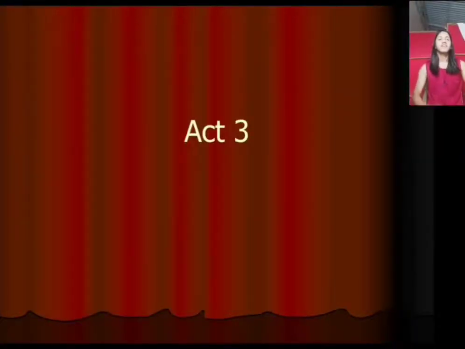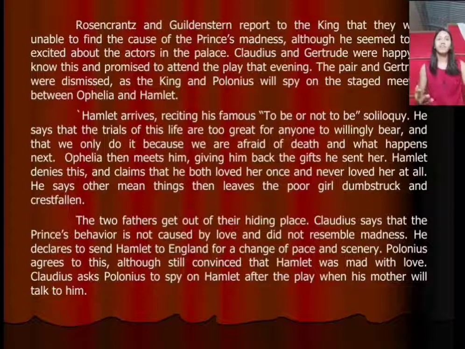Act 3. Rosencrantz and Guildenstern report to the king that they were unable to find the cause of the prince's madness, although he seemed to be excited about the actors in the palace. Claudius and Gertrude were happy to know this and promised to attend the play that evening. The pair and Gertrude were dismissed as the king and Polonius will spy on the stage meeting between Ophelia and